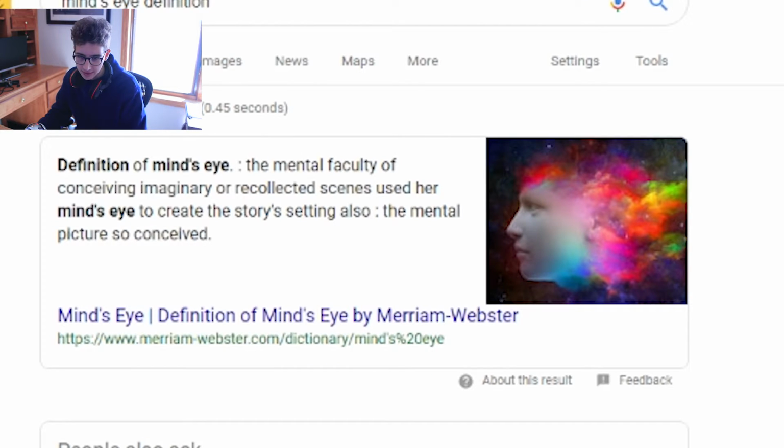The mental faculty of conceived imagery or recollected scenes using